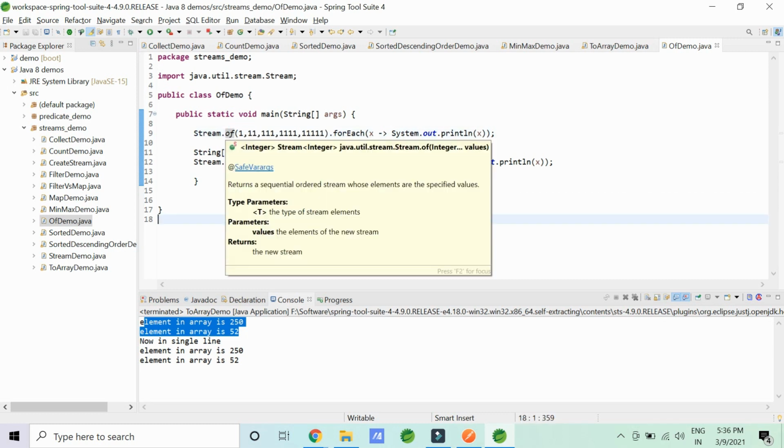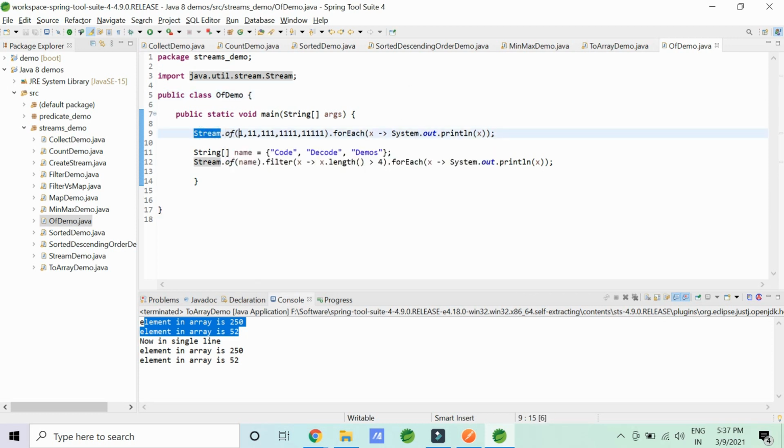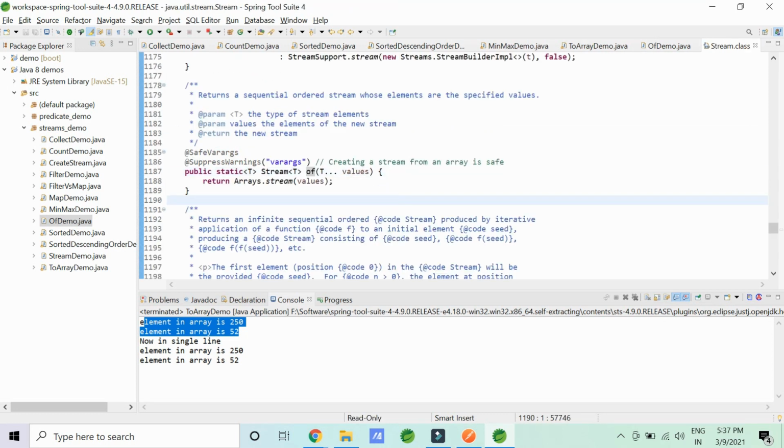If you hover over it, let me make you understand. It is a method of Stream. It takes a variable argument. I've covered this, do you remember? This is a varargs. It takes variable arguments and converts them into a stream. Currently I've given 1, hence it is giving you Integer. If you go into this, it is T. It can be anything. Whatever value it takes, it's typecast into T, a varargs of T. It takes any number of objects and converts them into a stream.